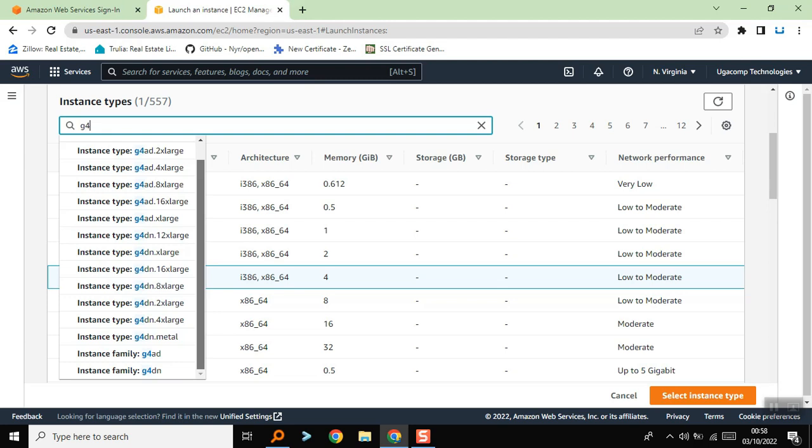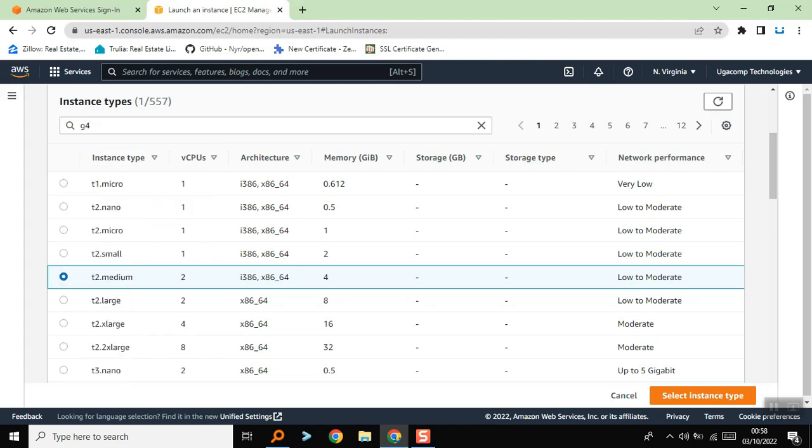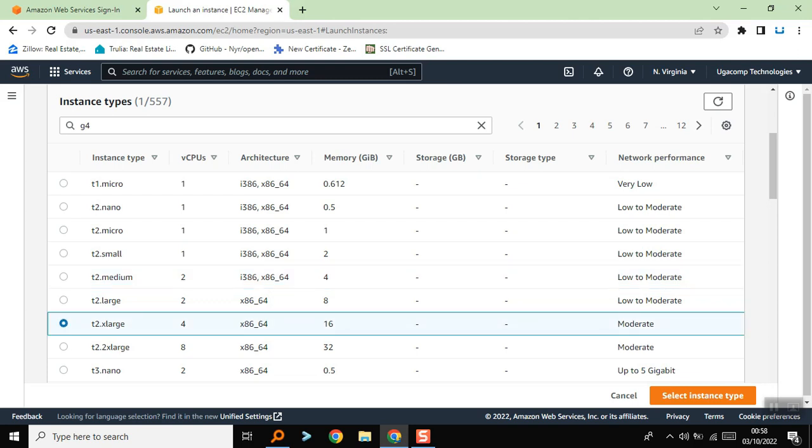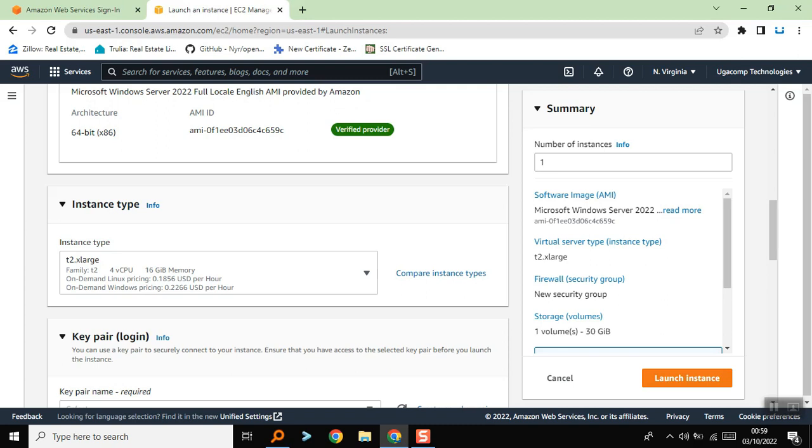That's the beauty of running cloud infrastructure on platforms like AWS. But for our case, I've decided to select one with 4 virtual CPU cores and 16 GB of memory. Now after selecting this one, then I will select the instance type, and as you can see, the details of the machine I'm using in this case, we have 4 virtual CPU cores and 16 GB of